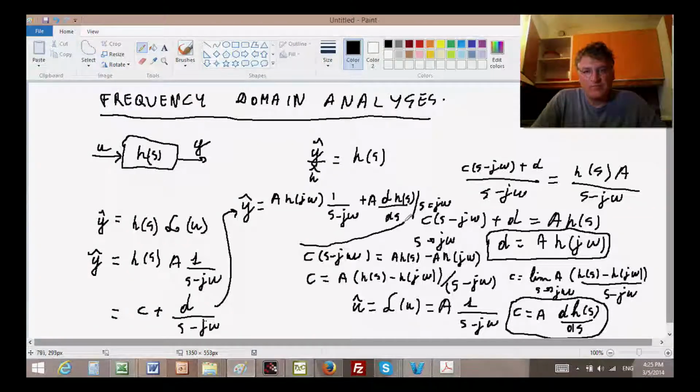Now, what do I get? I get something having to do with, on the one hand, an oscillatory component, and on the other hand, a component which usually tends towards zero when we go in the time domain. Indeed,